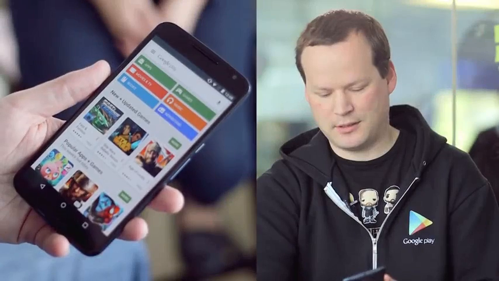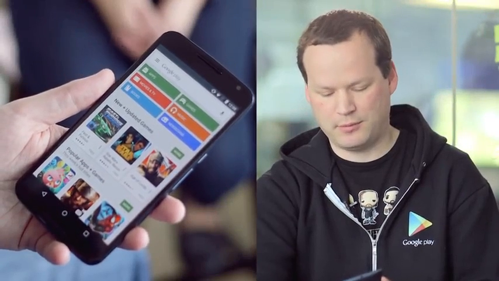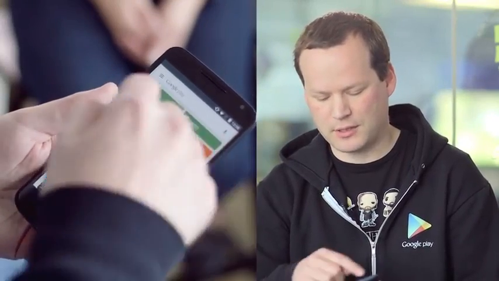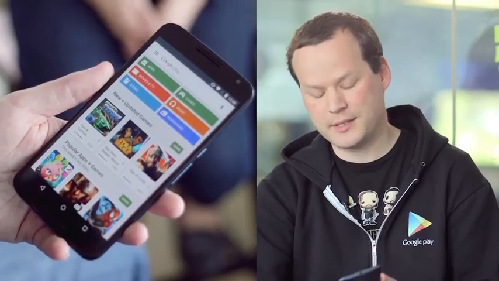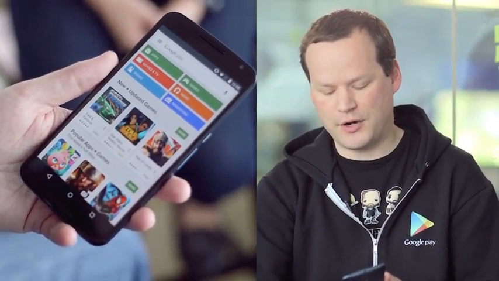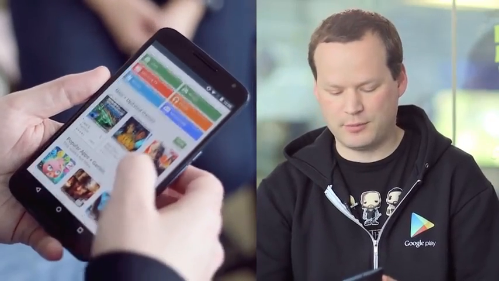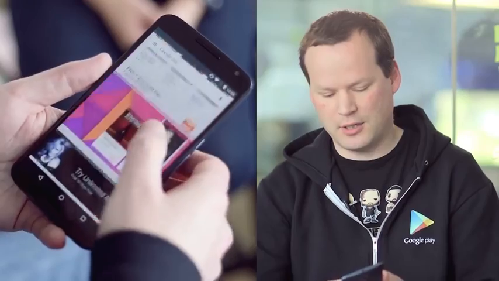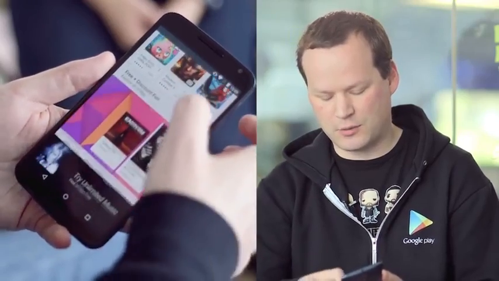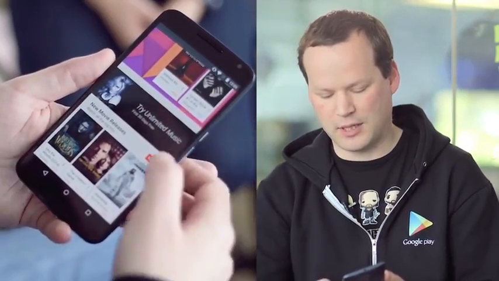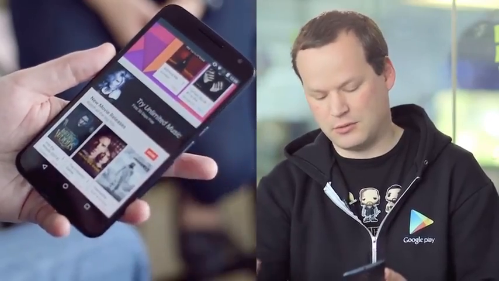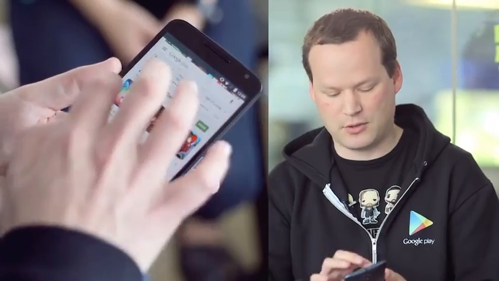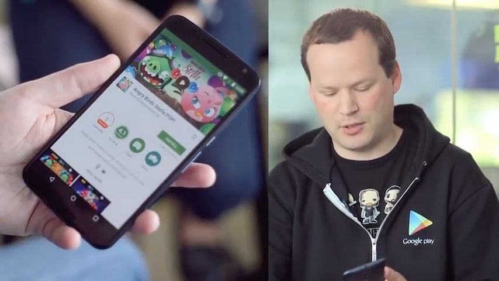So this is the Play app, Google Play app. Starting from top to bottom, we have the search box, then we have what we call quick links to go to various subsections of the app and then of the store, and then we have different content here. So we have clusters of cards, we have what we call a banner that gets you into some other place in the app. You can go into the details page of a certain item, let's say Angry Birds Telepop, and